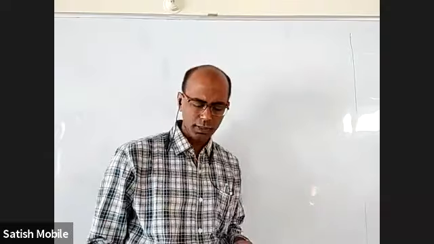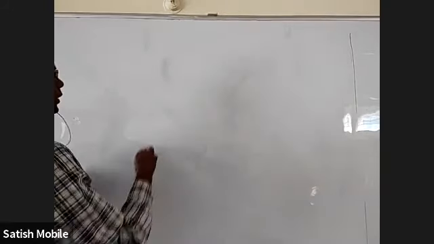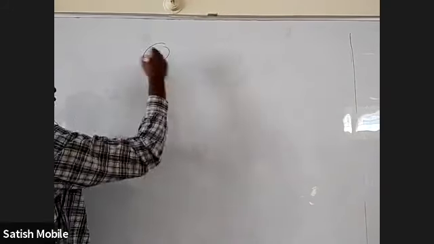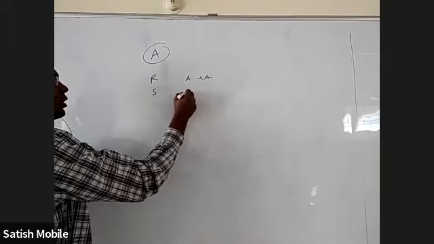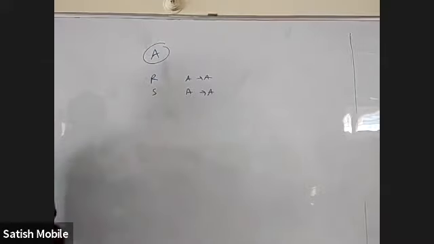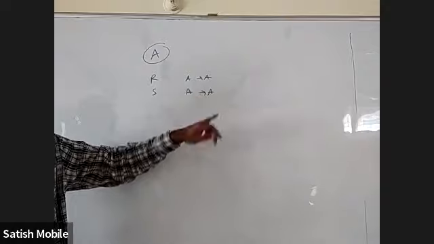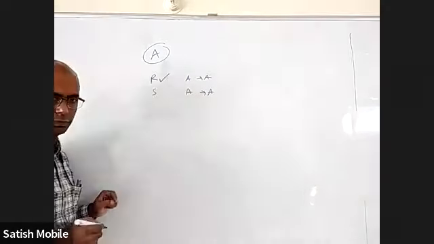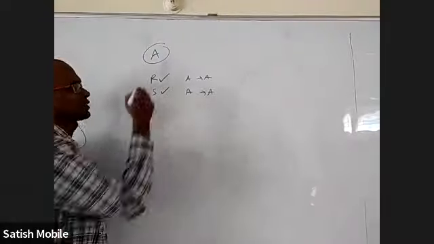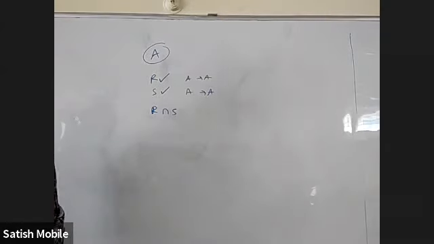27, 28 both are more or less same. Let me give an example, you'll get clarity. Let us say I have set A and R is a relation from A to A. S is also a relation from A to A. If R is reflexive and S is reflexive, will R intersection S be reflexive or not?